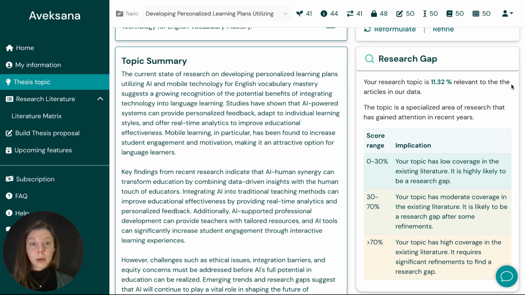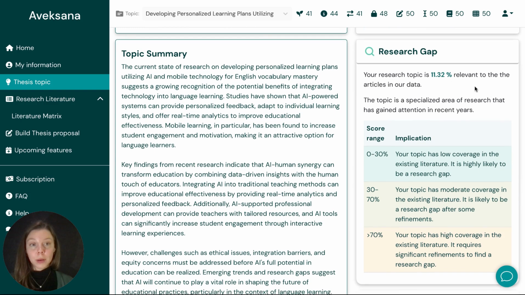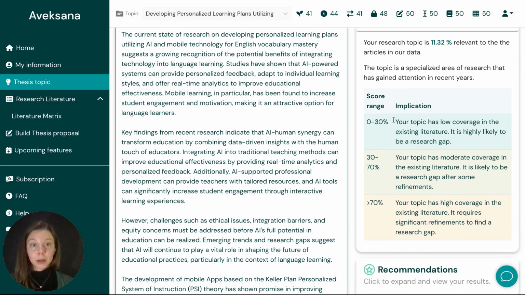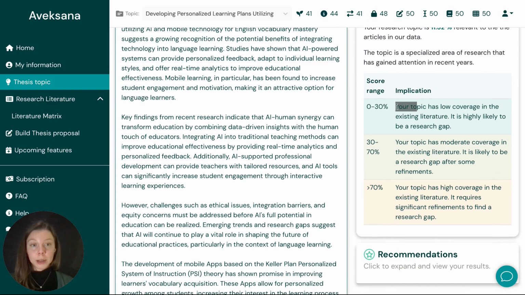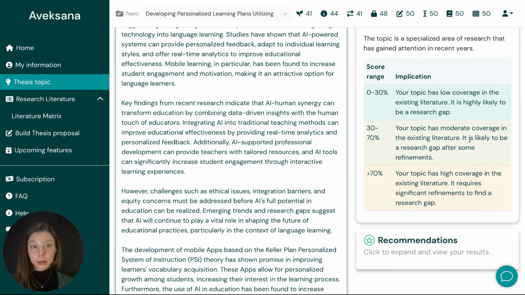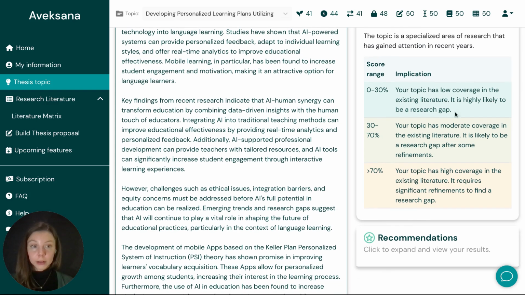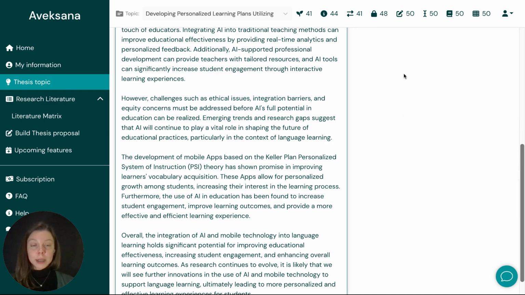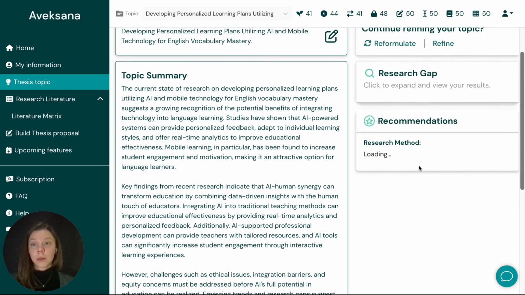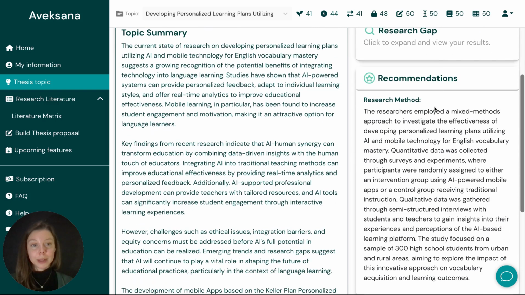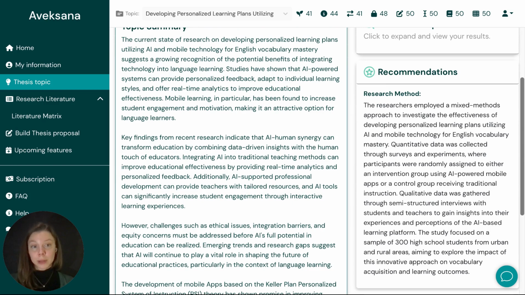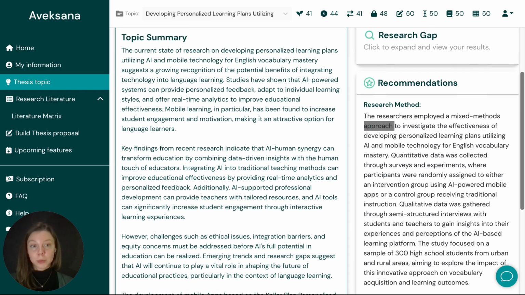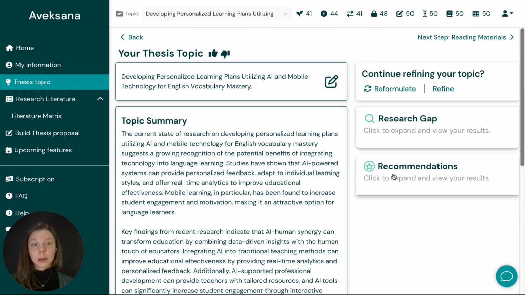11.32% relevance. So it means my topic has low coverage in the existing literature. It is highly likely to be a research gap. Here you can also see recommendations. So with the help of Aveksana, I can find a suitable research method. So Aveksana suggests me, based on existing research literature, that mixed methods approach could be useful, and now I could